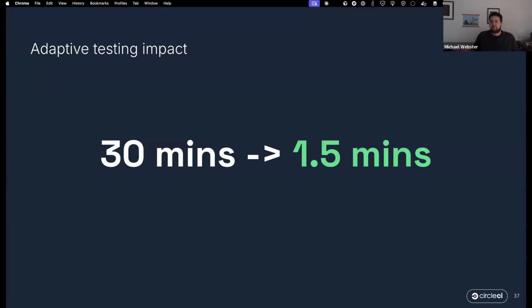So I'll give you an example of our adaptive testing feature and how that's helped with that. These are some numbers from the total wall clock time of one of our internal projects that had a pretty gnarly test suite. It took about 30 minutes to run with a high degree of parallelism. We were able to cut that down in absolute terms to 1.5 minutes. That's a significant speed up. If you provide a tool like that to the agent, instead of waiting several minutes to run a test suite, it can run a very specific subset based on the files that it's changed. And you're able to just get more reps and more throughput from the agent.